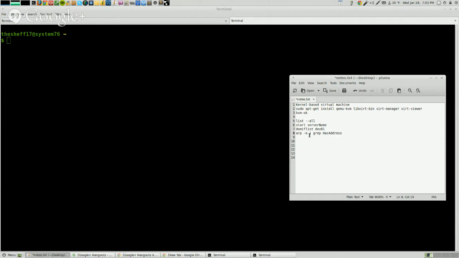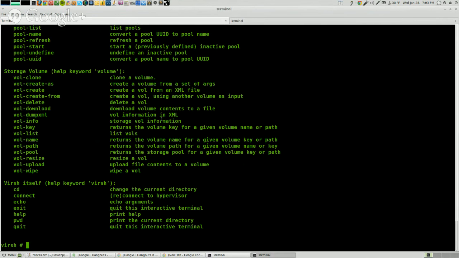And grep is basically to filter out text from one command to the next. So basically, we want to do arp -e, this pipe, which basically says take the output of this command and send it to this command. And it'll basically say grep the MAC address of the server we want. So our MAC address here,